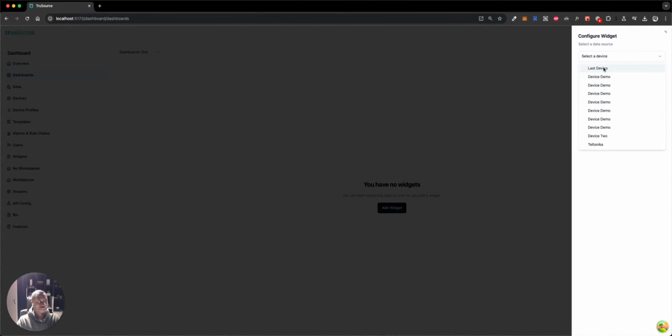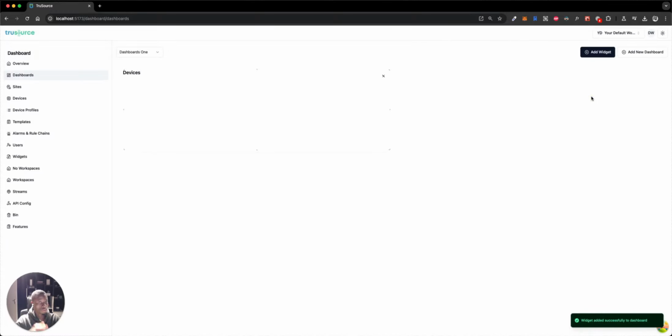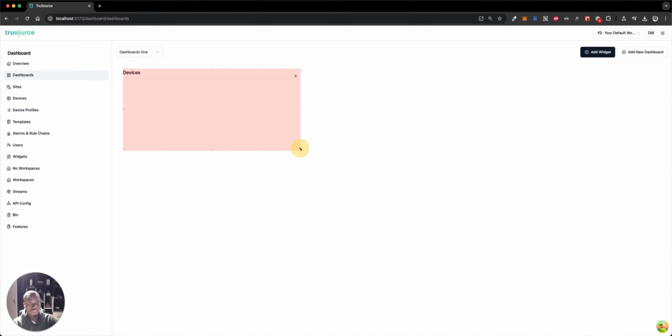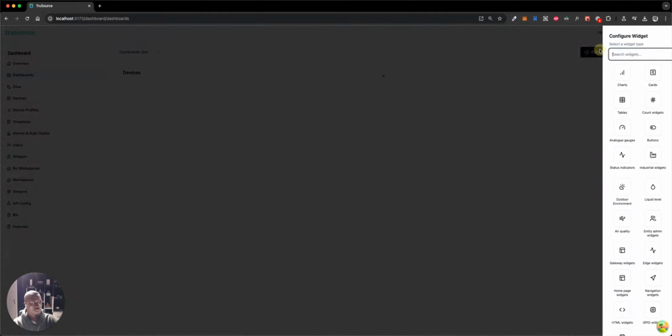So for instance, I would like to add a widget here. I would say devices, number of devices. I could create a widget, and this is supposed to actually start pulling data. It's just that for that particular device we have not configured it to listen to the stream of data, but this is a widget which we can customize and reduce in size, and we can add other widgets as well